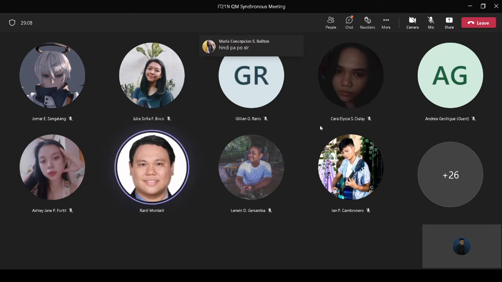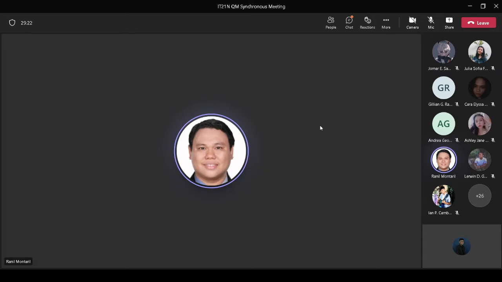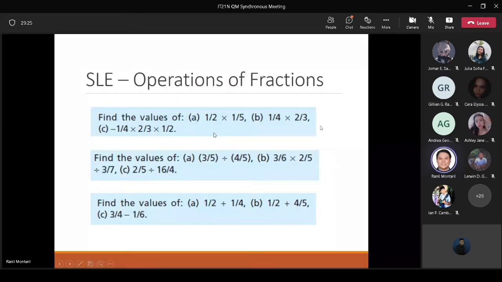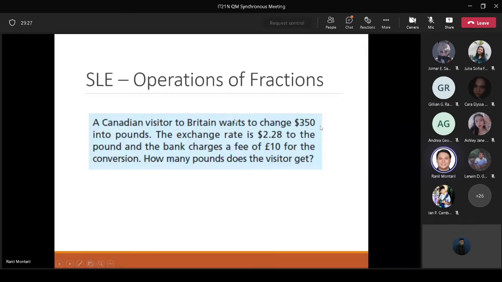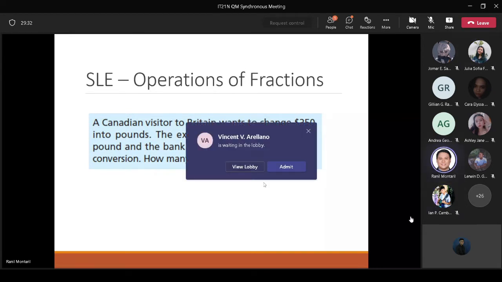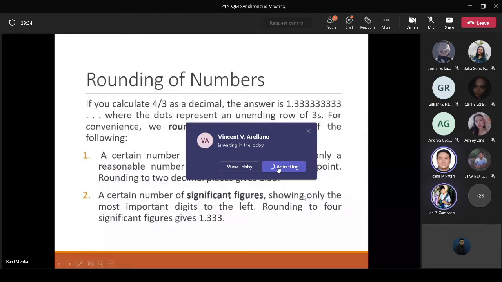Tama ba ako? So I think we ended on na-mention ni Julia about fractions, right? I'll show you the PowerPoint again. Can you see the slide, guys? Did we solve this problem? This one? Opo, sir. Yes, po. So ibig sabihin na dito na talaga tayo. Tama? Alright. Okay, so sige, that's good. Thank you very much for